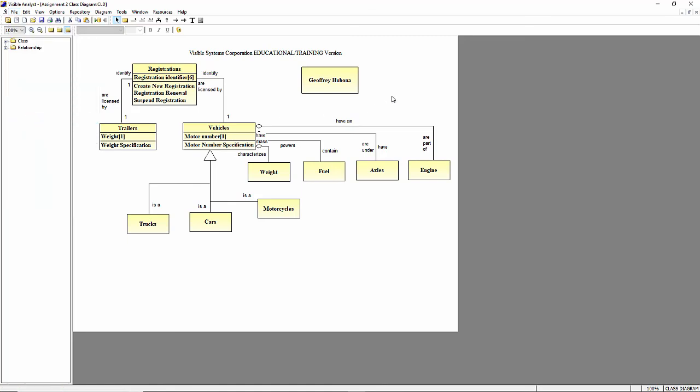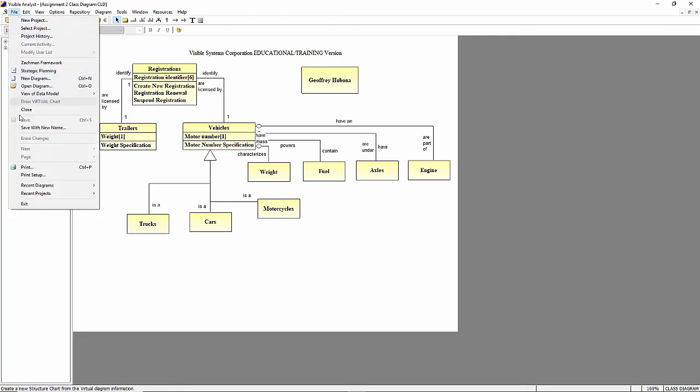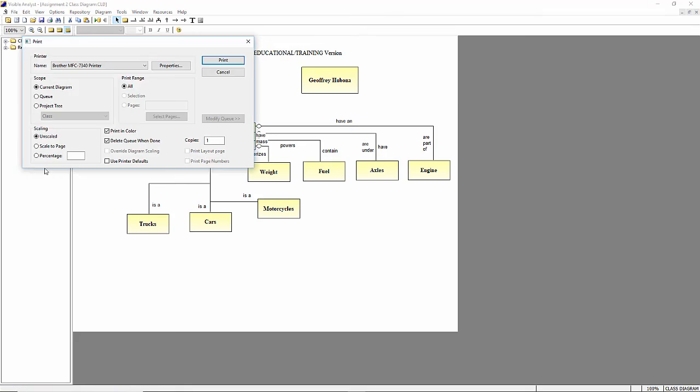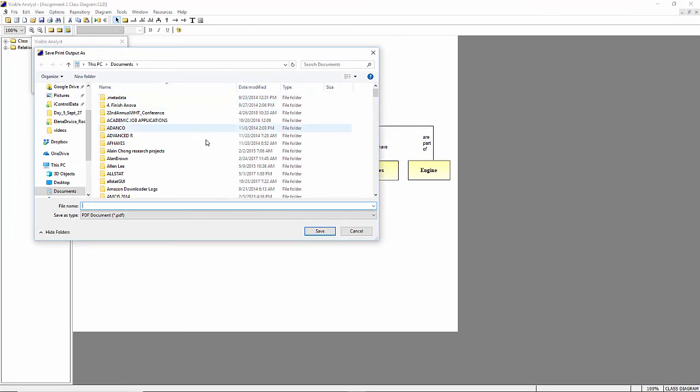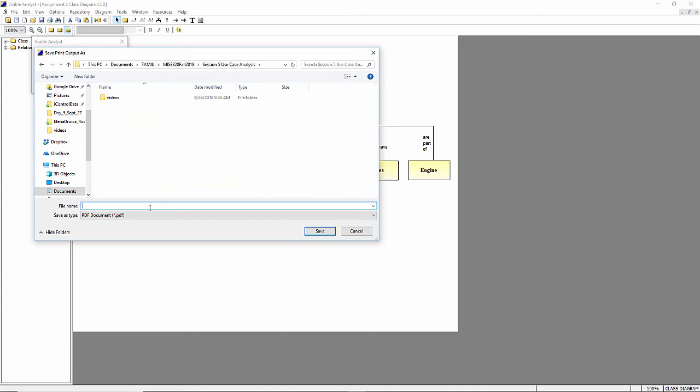And then I want you to print it out as a PDF. It's difficult to share files with the student version. So what I want you to do is just go File, get attached to a printer, Print, and here I have Microsoft Print to PDF. Okay, so this will print it out. And let's see, let's save it somewhere here. I want you to call it your last name